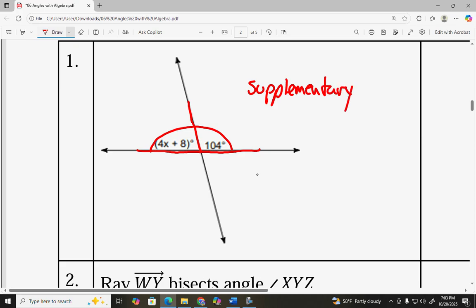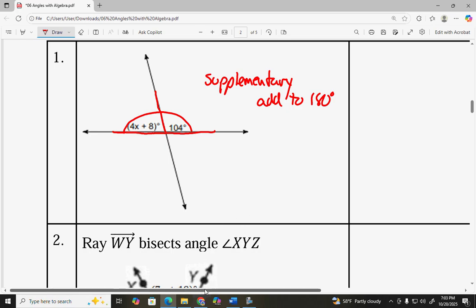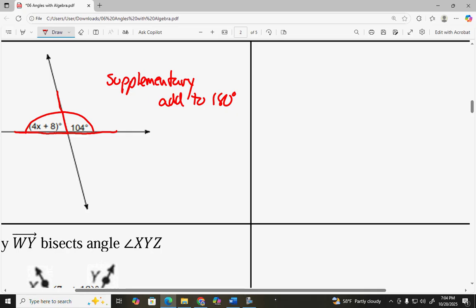Remember, we know supplementary angles add to 180. So you have to be careful about, are they talking about angles or are they talking about line segments? This had degree signs, so it was a huge hint that they were talking about angles. So those two angles are supposed to add up to 180, so I'm going to write an equation that the 4x plus 8 added to the 104 should be